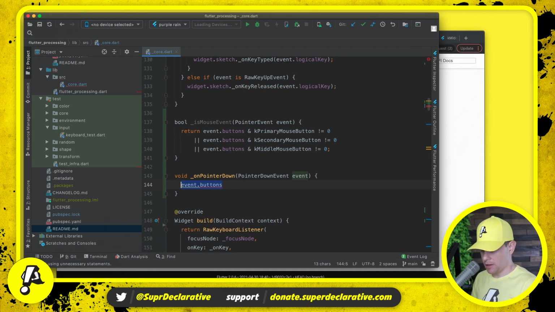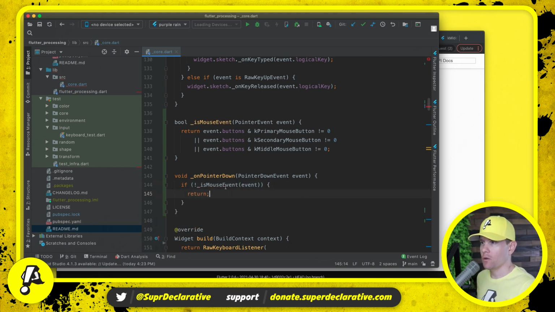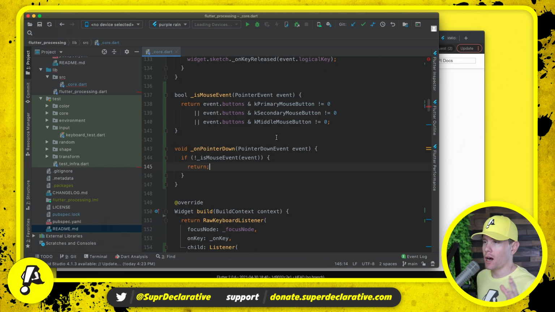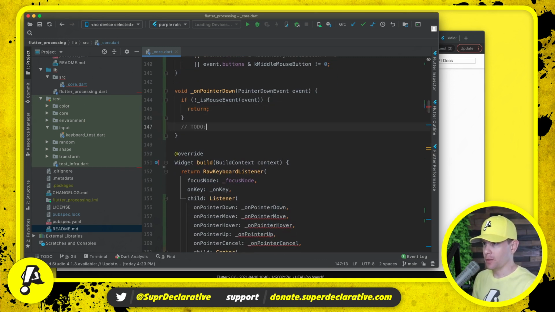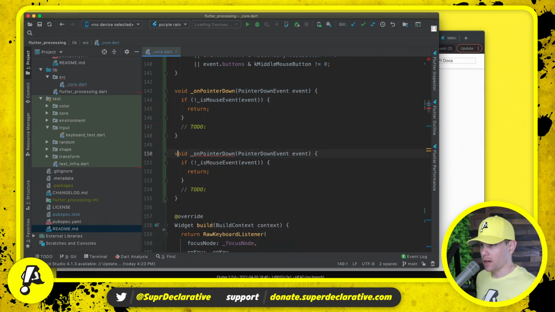And so in all of these methods that we're implementing, we want to start with: if it's not a mouse event, then we're just going to return. We don't want to consider that to be down or up or anything like that. And obviously we need to do more. And then we'll take this and we will say